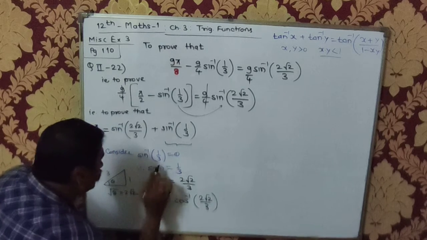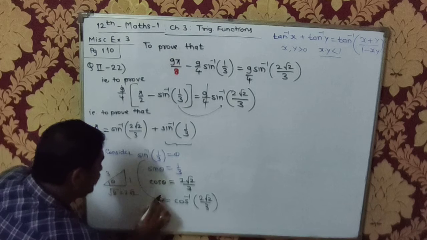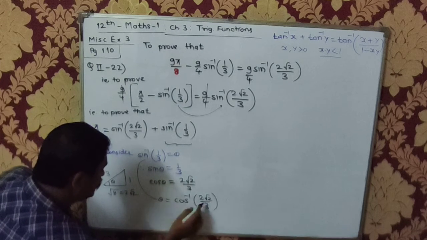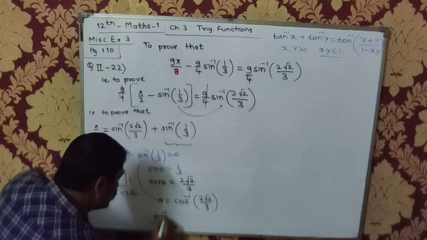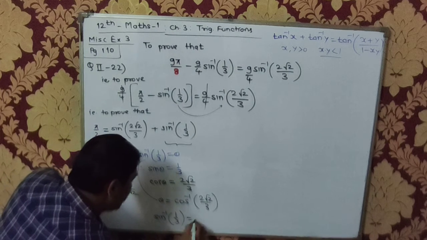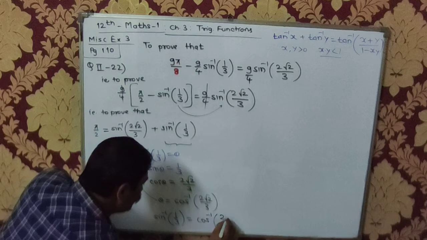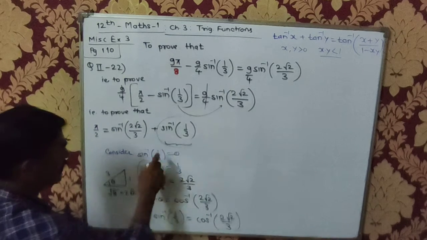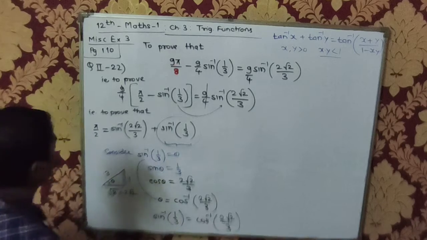Therefore, but theta is equal to sine inverse. Theta is this and theta is that. तो इसका मतलब है theta and theta is same. Equate करेंगे तो मुझे मिलेगा sine inverse of 1 upon 3 is actually equal to cos inverse of 2 root 2 upon 3. So that means here I can replace sine inverse of 1/3 by this. And therefore,